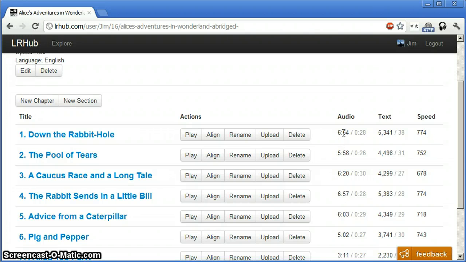So here's an audio file for chapter 1, and it's a total of 7 minutes and 22 seconds, but I'm able to look at that and at the transcript and actually determine that only 6 minutes and 54 seconds of that is real useful audio. The rest is 28 seconds of fluff, just extra content.